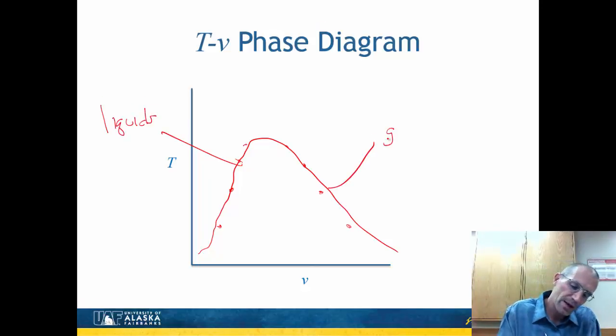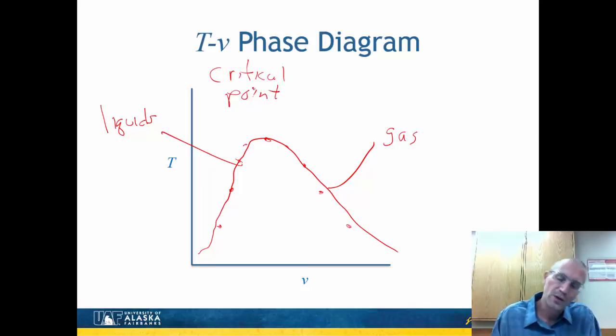On the right, I have gases. And at the very top of the hill is called the critical point, where the vapors and the liquids coincide. Now recall,